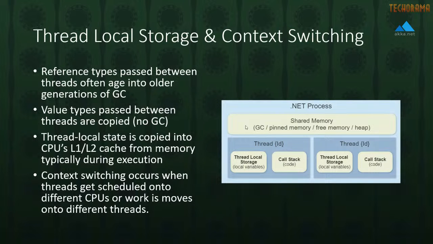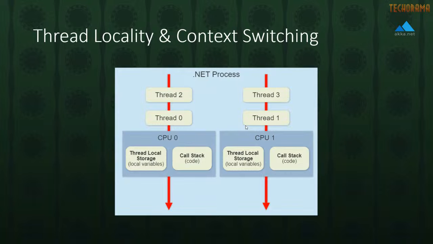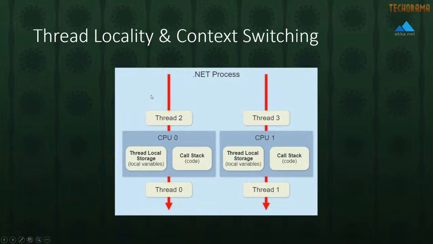What context switching actually is, I'll just show it on the next slide here. Context switching is when one of two things happens. First, let's say we have CPU 0, CPU 1, and thread 0 and thread 1 are both executing on their respective CPUs. Each one of these threads will be given 30 milliseconds by the .NET runtime to execute before that thread has to yield execution to another thread behind it. When thread 0 is done with its 30 millisecond quantum and it's no longer scheduled for work, another thread gets a chance to run. We want to make sure that all threads get an opportunity to run so we don't accidentally starve a thread that has work to do from being able to perform its job.